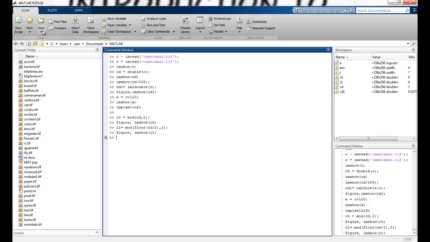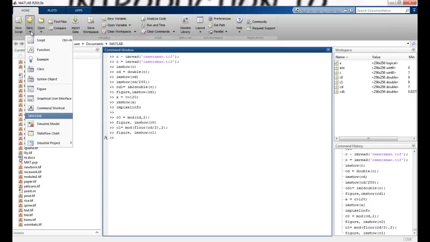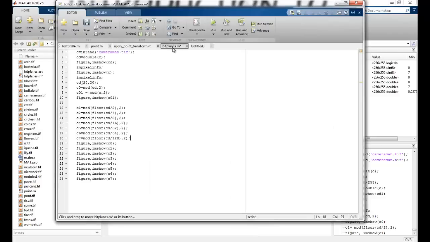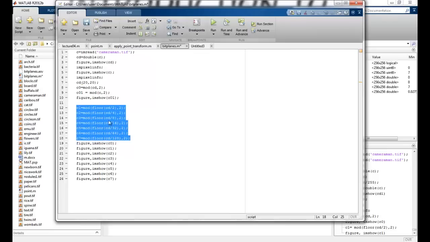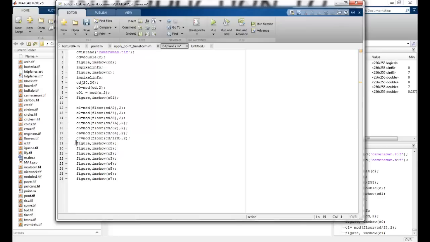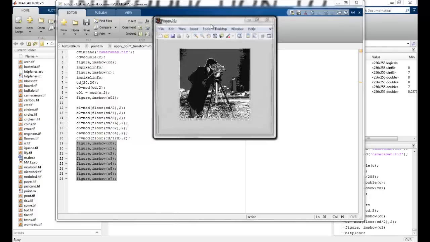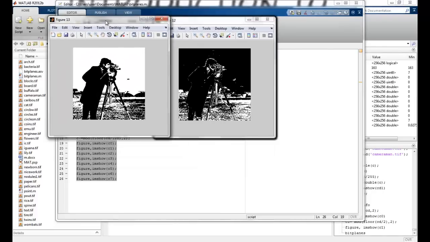So I can just maybe open and create a new script for this, and I already have one here. So what have I done? I've just used these values and I've kept shifting the Cd value by 1 bit each, and I've taken the modulus and I've used this to show the values here. So maybe if I just run it, you can see you're getting all the values here.